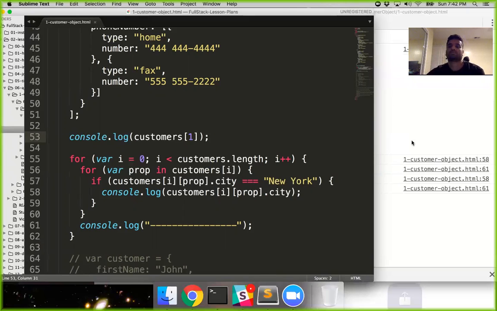Okay, so how would you print out one of the properties of the object onto HTML? Excellent. So do you want to print out the property, or do you want to print out the value of the property? The value of the property. Okay, so to do that, instead of doing a console.log, let's just do the New York one, right? What I could do is